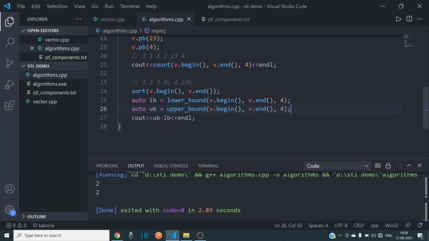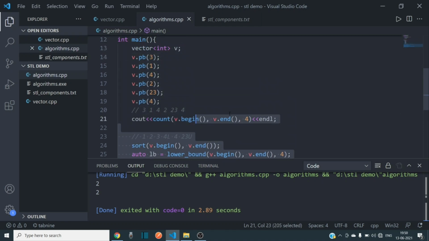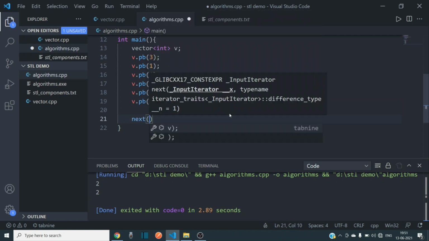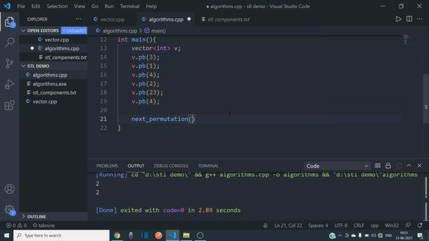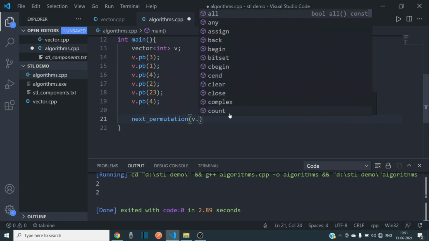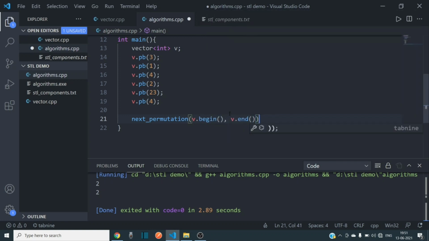Then we can use permutations also. For example, if we have to find all the combinations of certain things, then we can use the next permutation function. If I write next permutation of v.begin and v.end, it will give the next permutation.